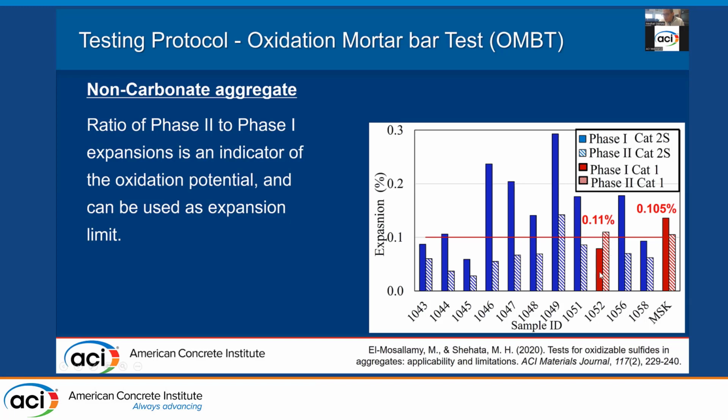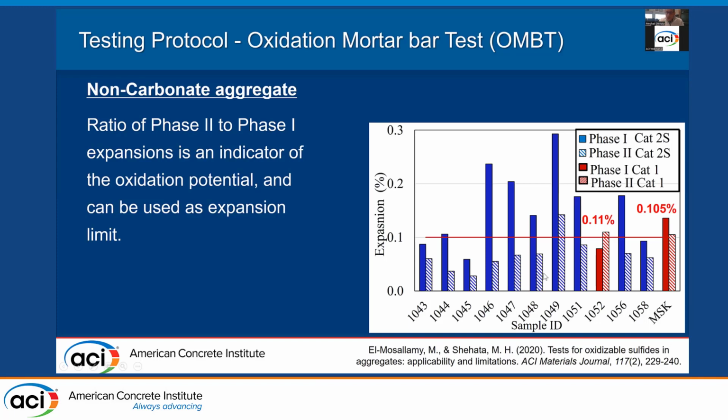If you look at the one with sulfide, the ratio of phase 2 to phase 1 is much higher than what you get here. So our conclusion from this work, which was published in ACI in 2020, is that maybe instead of a 0.1 expansion limit in phase 2, a ratio of expansion in phase 2 divided by phase 1 can discriminate or solve the issue of aggregate